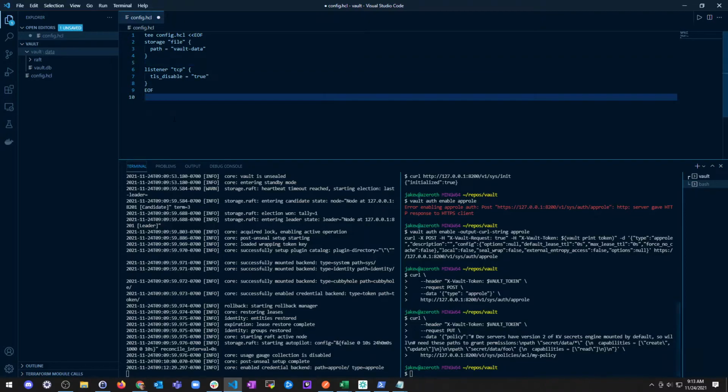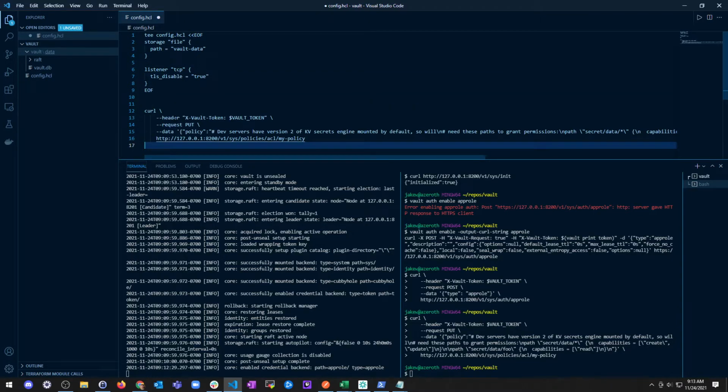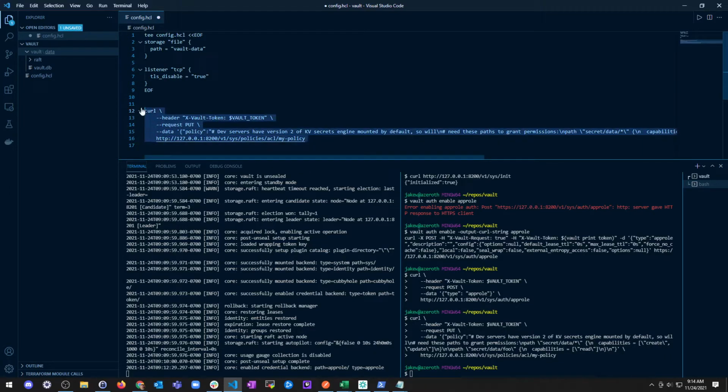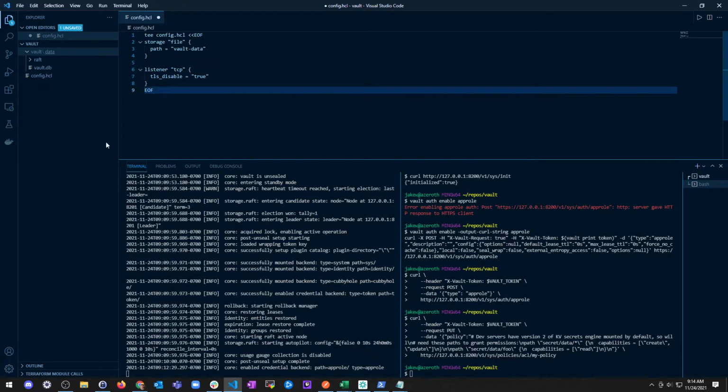A cleaner look at this, if I just paste it in the bottom here, you can see it like this. So it's just continually breaking lines and starting them with comments. I don't necessarily like typing like that, but not my code. That's a HashiCorp thing. So anyways, since my policy expects secrets data, like a secret/data path,